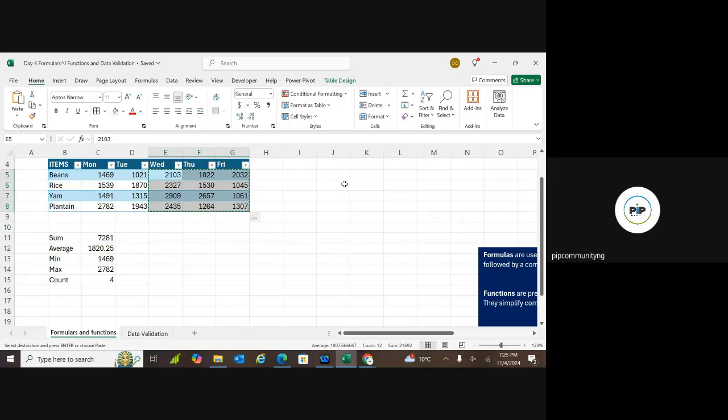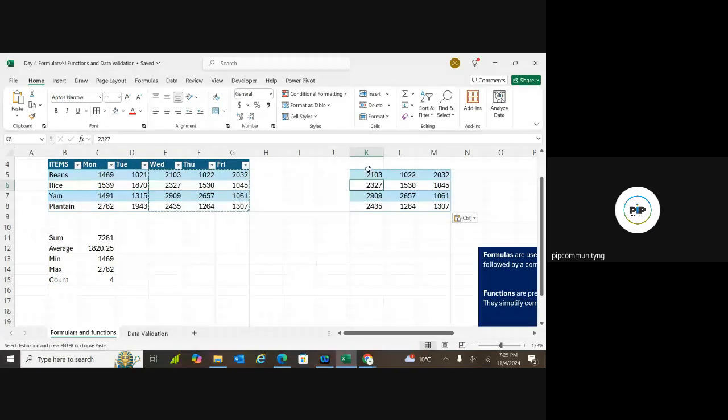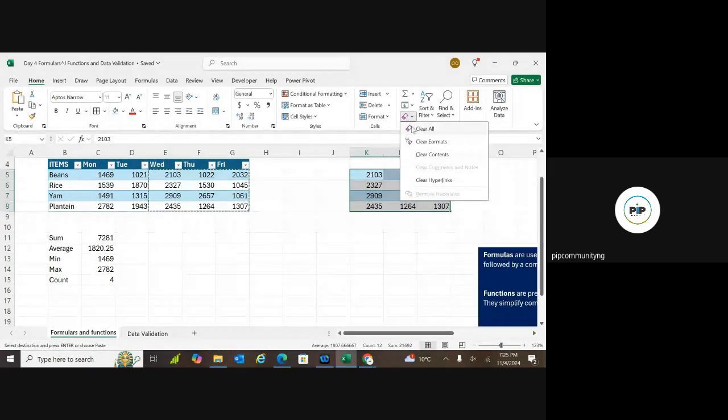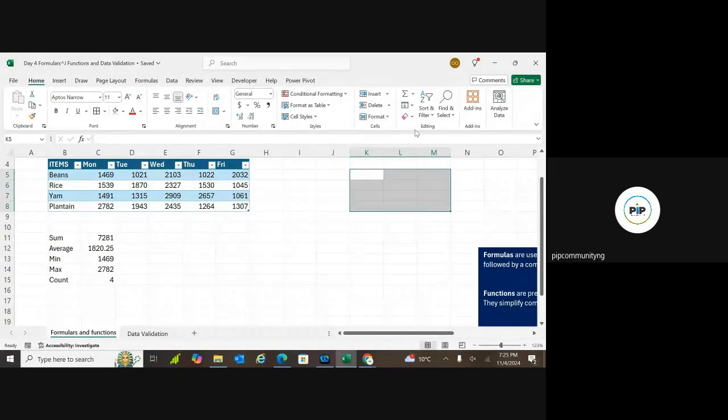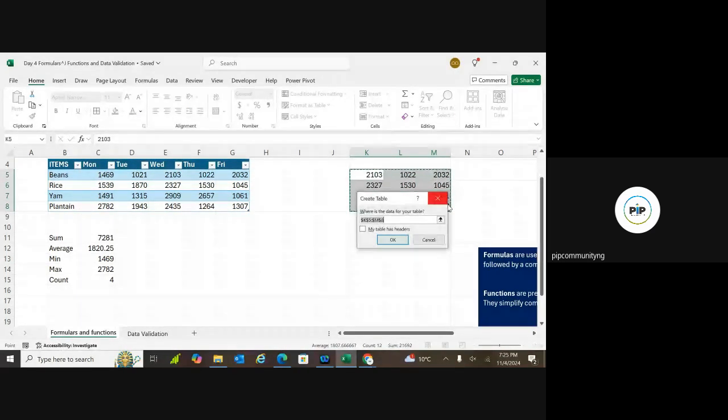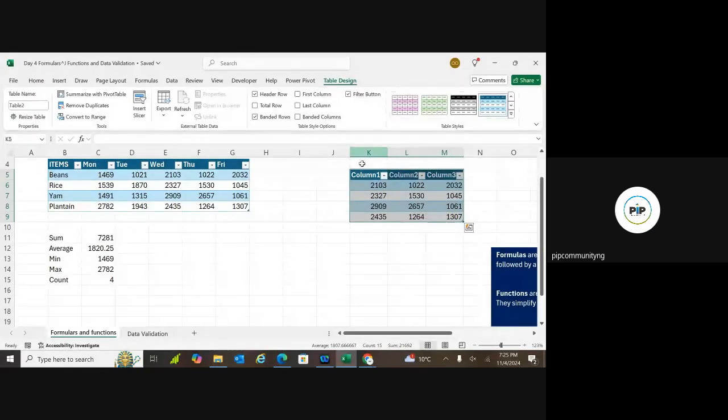So let's say, for example, let me just copy this range of cells, this address. I'll put it here. So this is just a range of cells. This is not a table right now. All right, so if I want to insert a table, I highlight everything and I'll put my Control T. My table has headers, does not have, so that's